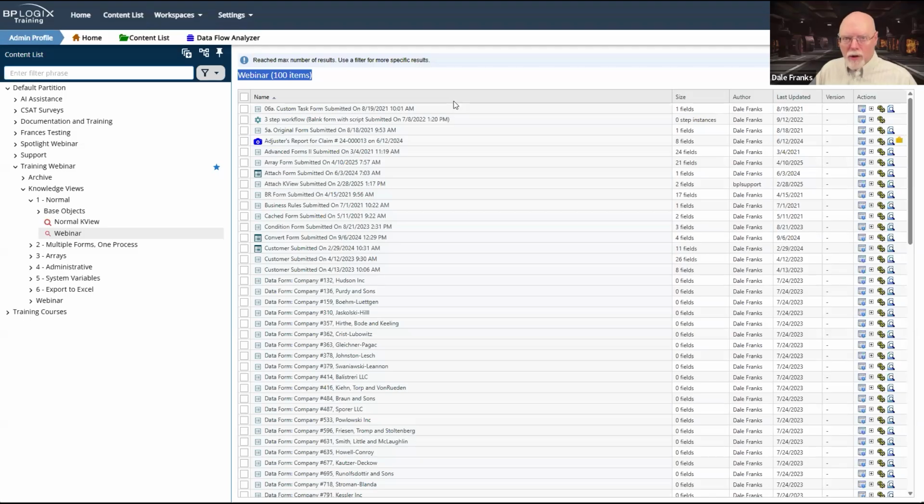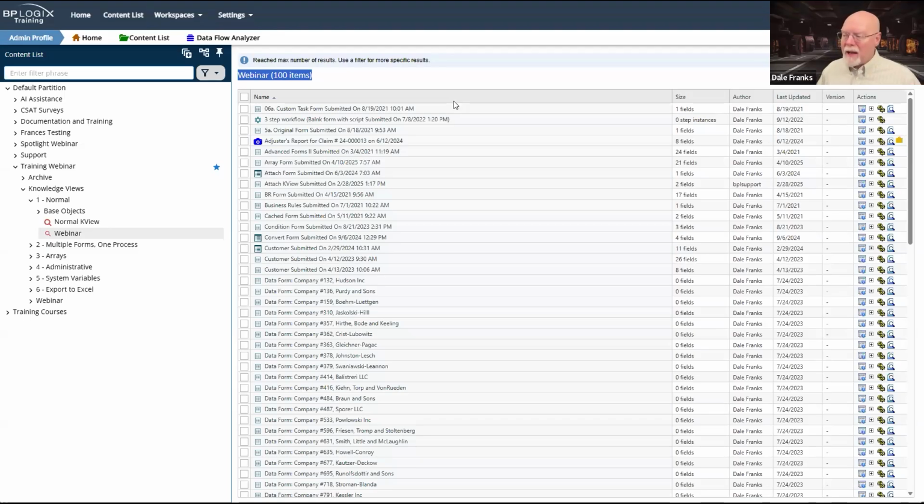You do not want to return more than 100 records for knowledge views that are accessed by end users. You want to filter knowledge views down to, at the very least, the largest usable record set. And for the average user, the largest usable record set is 100 items.